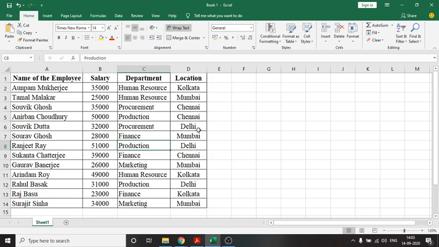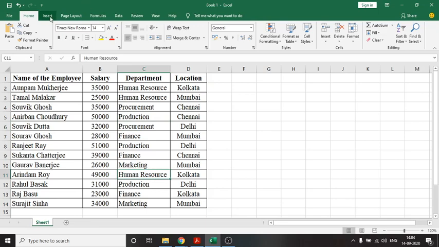Now next our task will be to start working with the pivot table. Before going for the pivot table, your cursor has to be placed on the table and any one cell within the table has to be selected. Means it has to be on the table. So I'm clicking on any cell within the table, you can click on any cell within the table. Okay. So I'm clicking on it over here. The cell has been selected within the table.